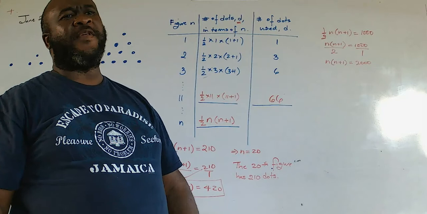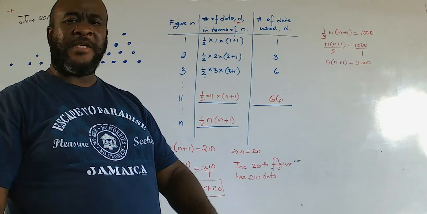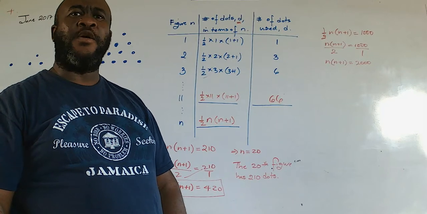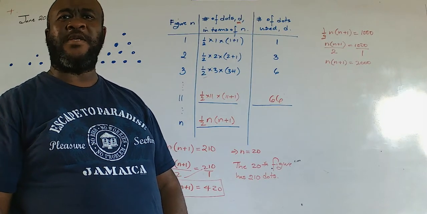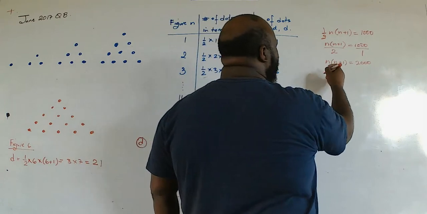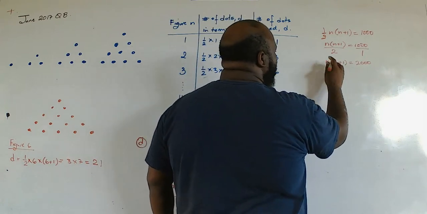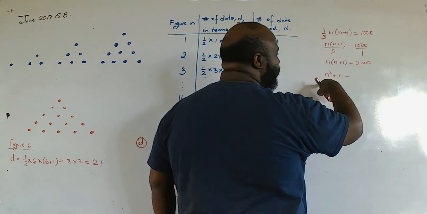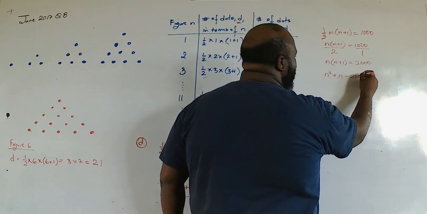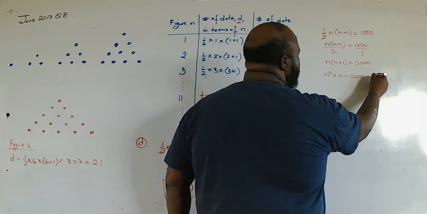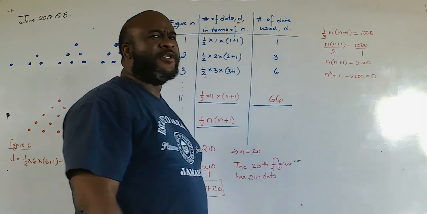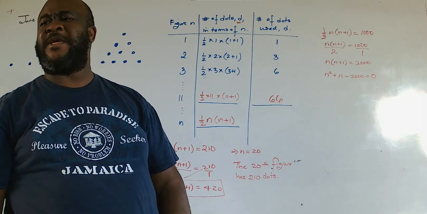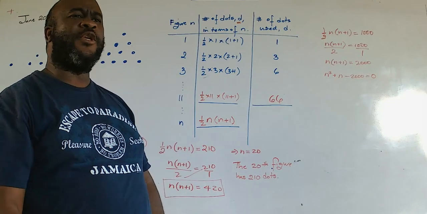We would need to solve that quadratic equation. Sit still, don't move, let us solve it. N times n, n squared. N times 1, n. Positive 2,000 to come over and become negative. Is equal to 0. The first step when solving a quadratic equation is that one side of the equation must be equal to 0. Using the quadratic formula,